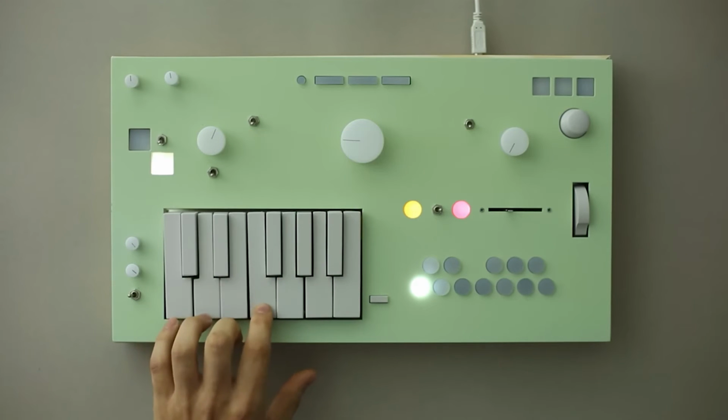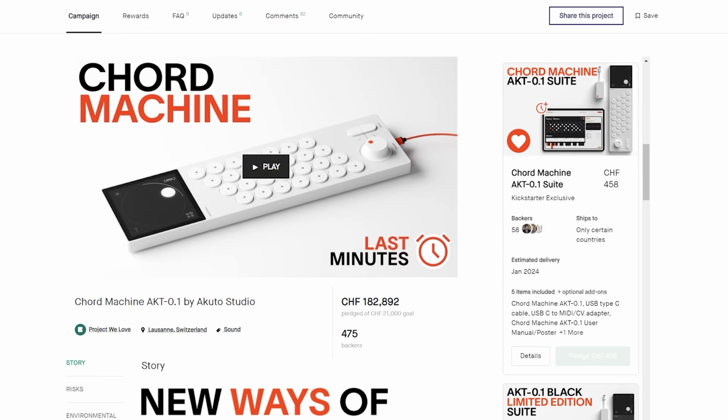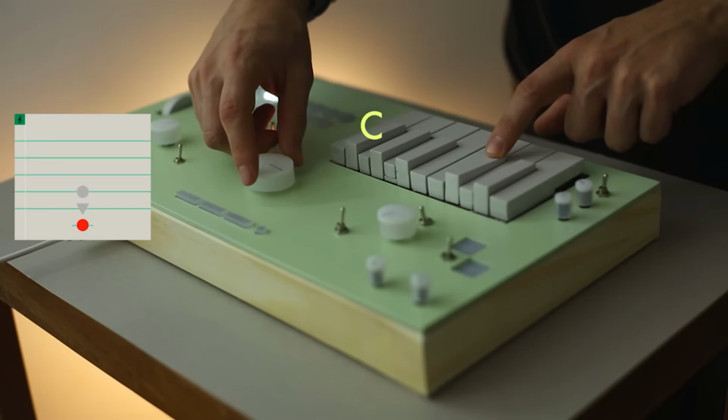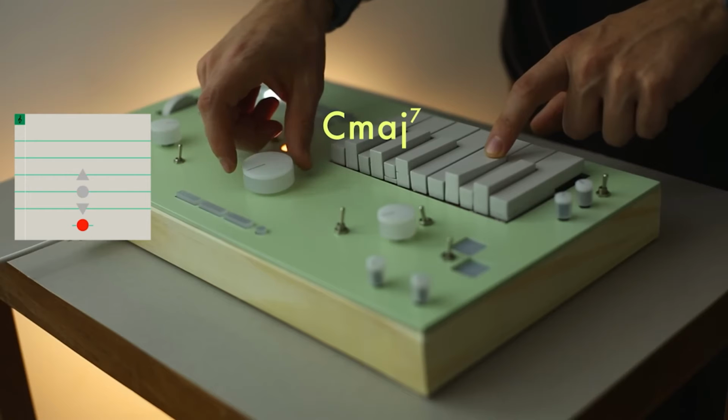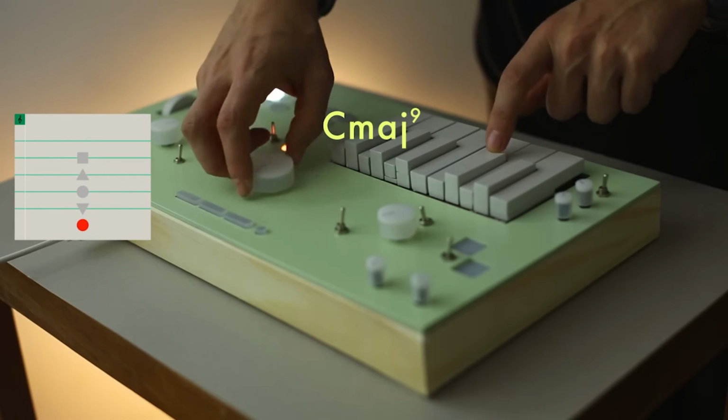If you guys saw my video on the chord machine, this is giving me similar vibes. I'm pretty much not sold on the chord machine either. I think there's room for improvement in both of these devices, but I feel like the hype for this is insane. I know it's a prototype, but I see some things that concern me